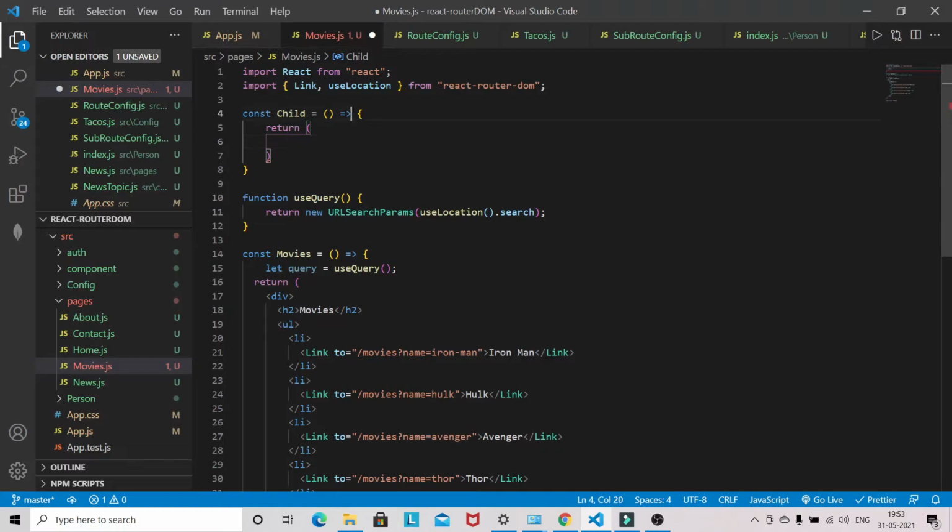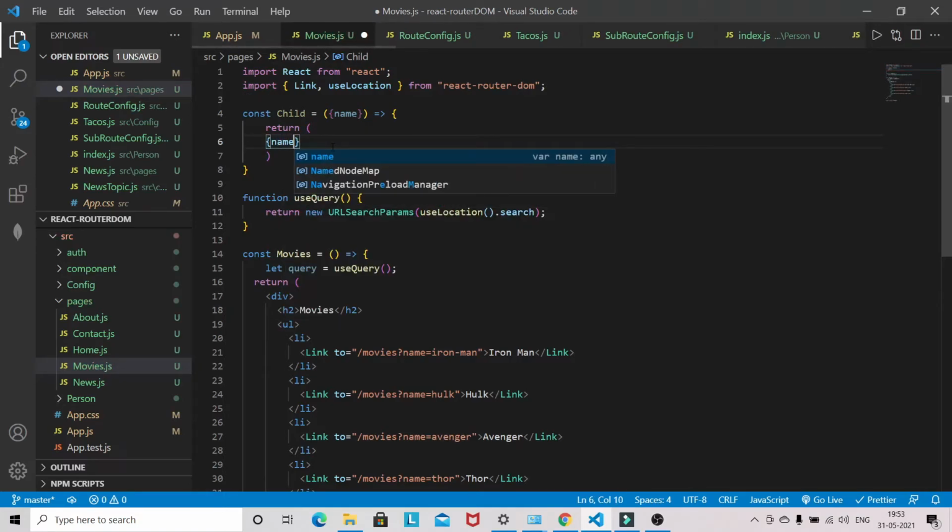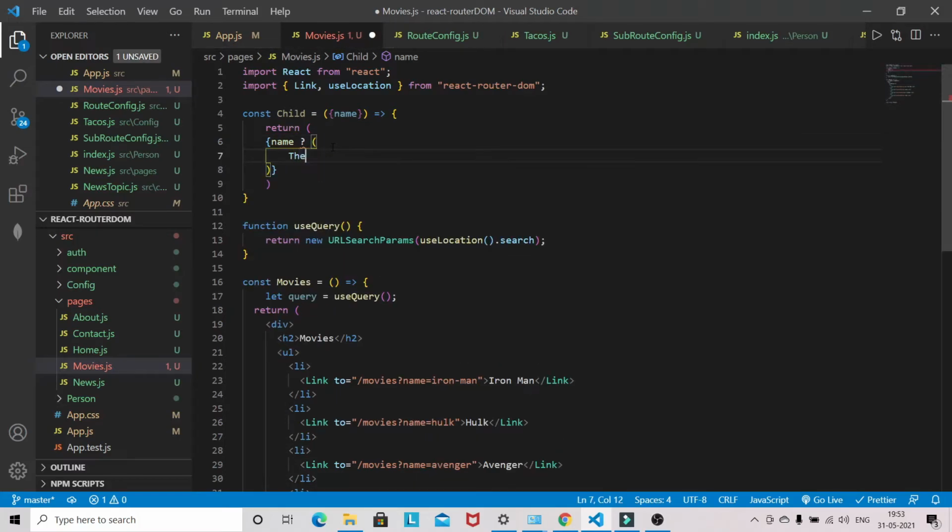And if it has name, we'll check if it has name, then inside an h3 tag.